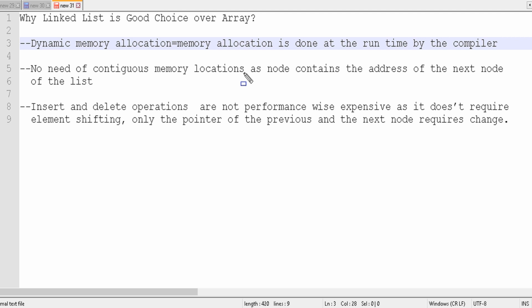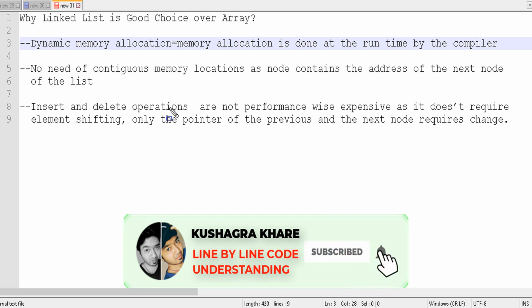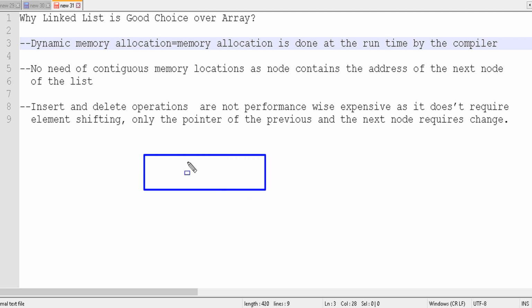The third advantage is that insert and delete operations are not expensive, as they don't require element shifting. In an array, whenever we delete an element, shifting of the array has to be done, and whenever we add an element, shifting is also needed, which is performance expensive.